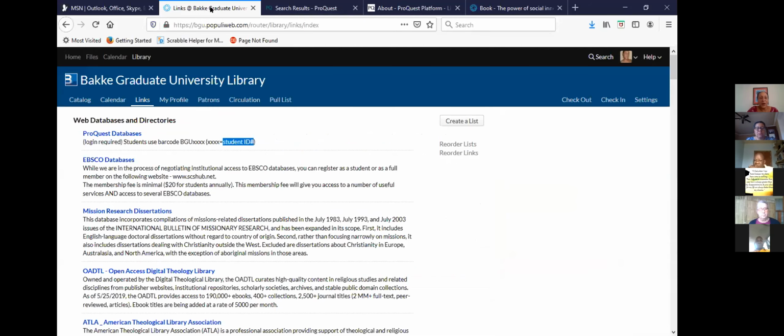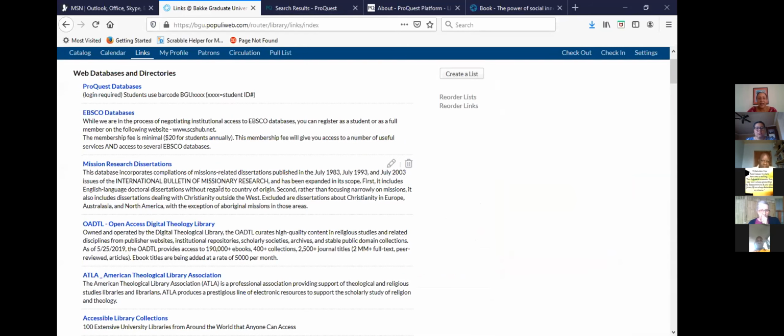I'm going to go back now from ProQuest back to the online library, because in addition to the ProQuest databases, we do have some other databases and directories that we have provided links to here that are very useful in your research. Now, EBSCO databases are another excellent resource that you can look at. It's not a free database, but we do have here a link to